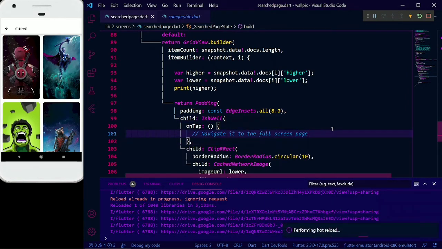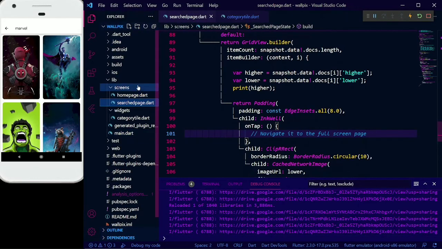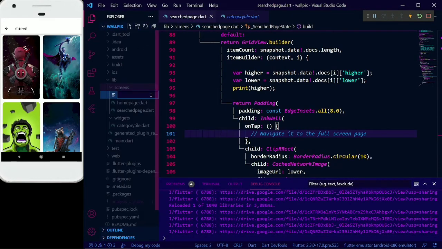So we have commented that. So we will make our full screen page now. We will name it full screen dot dart.